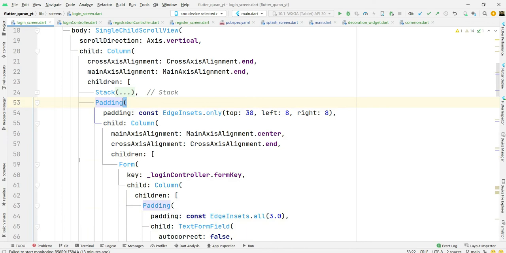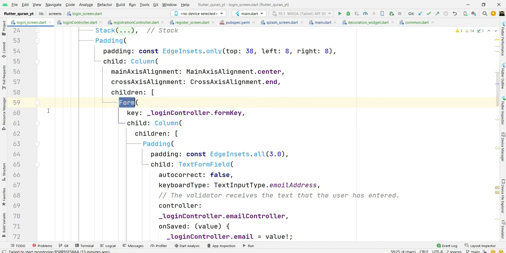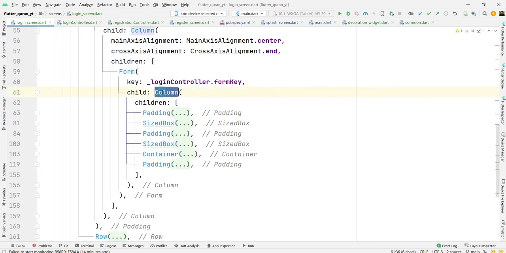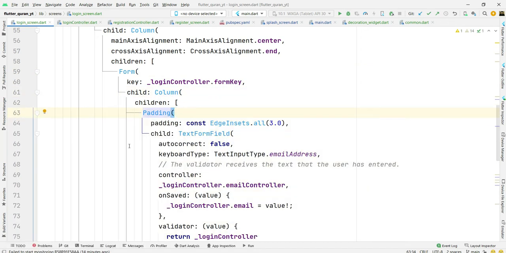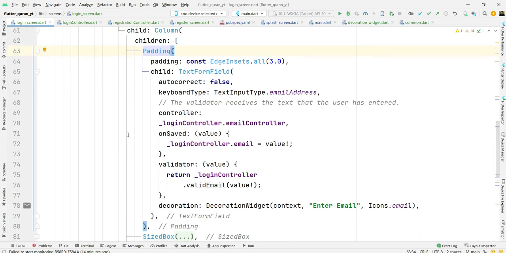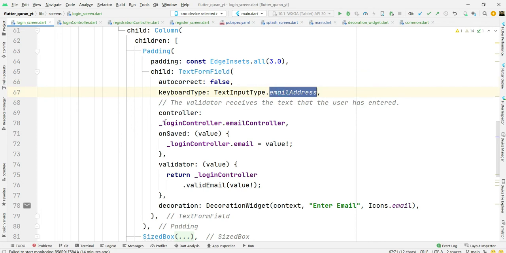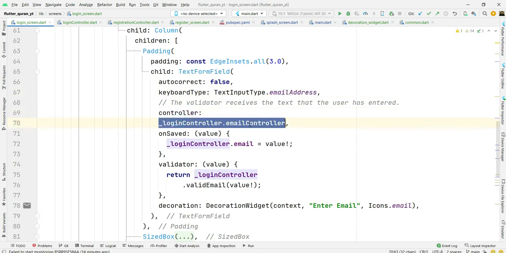Then I'm using Padding and in the padding there is another Column and Form, and its child is a Column, and in the column's children there is Padding, and there is a TextFormField. This text form field is for our email: autocorrect false, keyboard type email address, and its controller is loginController.emailController